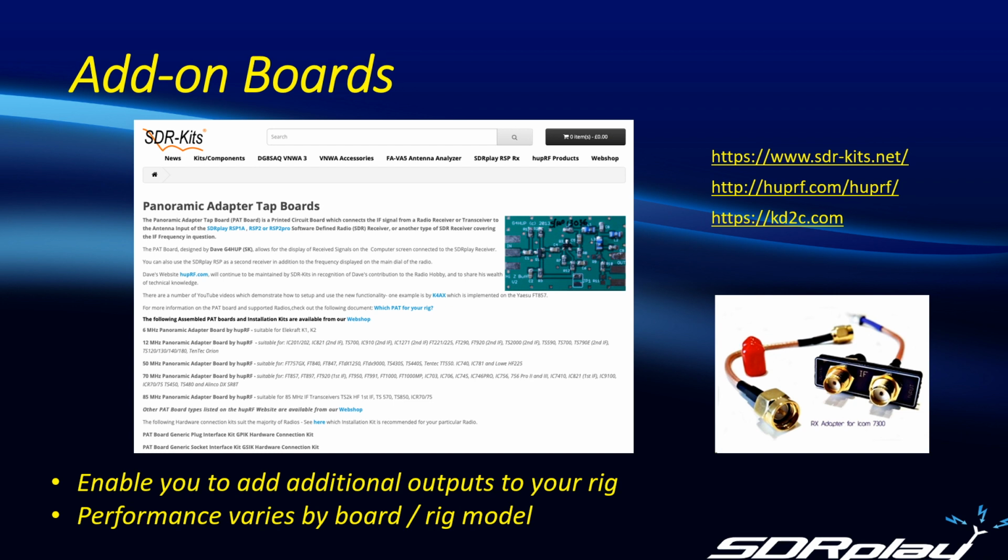And I see a comment came in about this is for HF only. I have very much confined what I'm doing here to HF. If you have a UHF rig, I assume that it will have some outputs that you can use for sharing the antenna. If not, you will have to take your own steps to come up with some sort of external TR switch to protect the RSP. The alternative would be to,